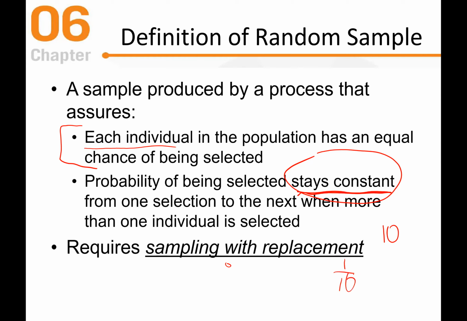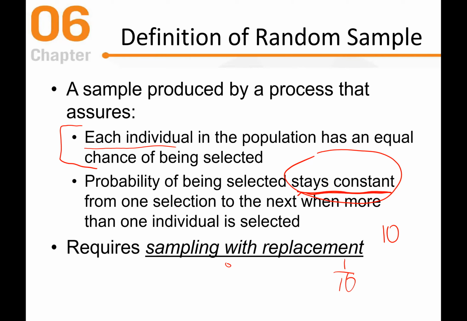But now if I wanted to select another person and I did not sample with replacement, meaning I did not put that person that I selected first back into the population with the option of being chosen again,